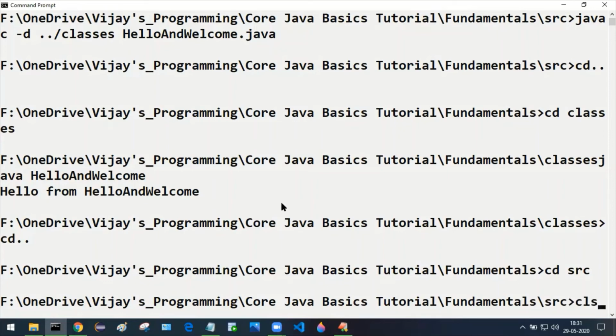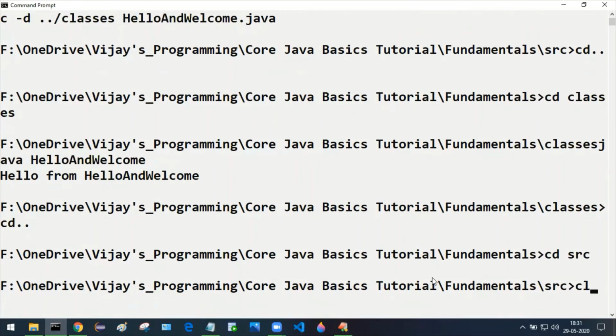To clear the command prompt screen, we give this cls command. If you are using Linux, you use clear like this. That is the Linux style, to give the complete word clear. Here we are using the Windows command prompt, so we give cls to clear the screen.